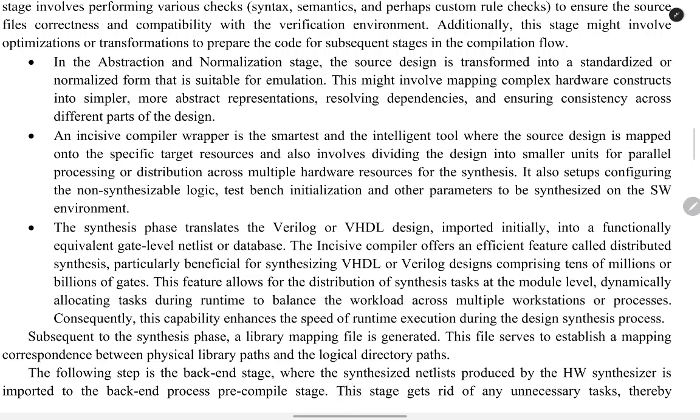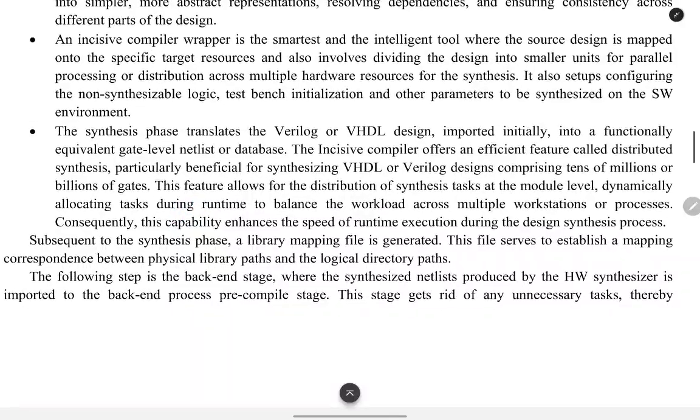An Incisive compiler wrapper is the smart and intelligent tool where the source design is mapped onto specific target resources and also involves dividing the design into smaller units for parallel processing or distribution across multiple hardware sources for synthesis. It also sets up configuring the non-synthesizable logic, testbench initialization, and other parameters to synthesize on the whole hardware-software environment. So the synthesis phase converts the Verilog or VHDL design imported initially into a functionally equivalent gate-level netlist